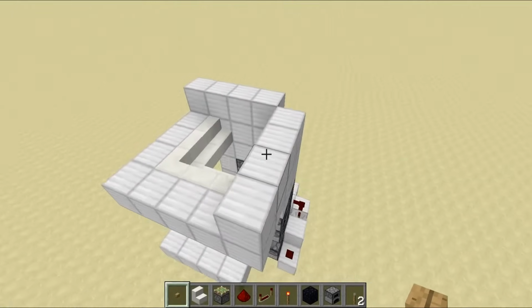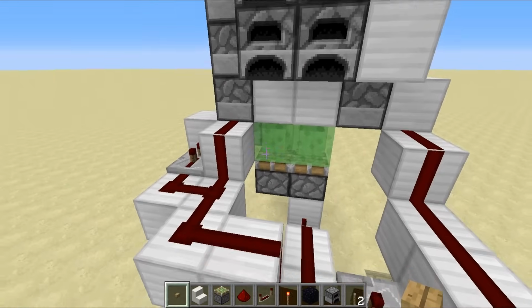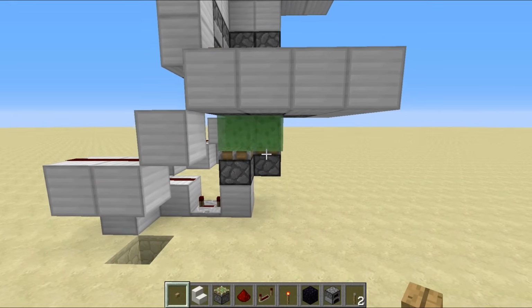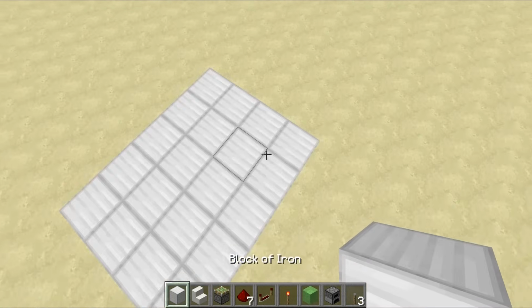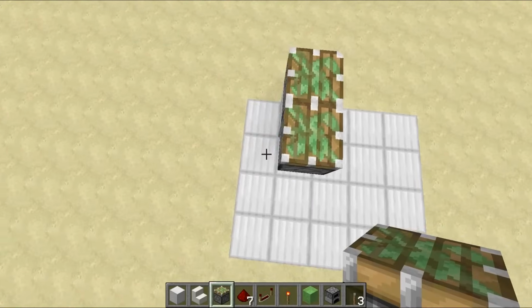Now, believe it or not, the redstone for this thing is actually relatively simple, and that's due to the fact that this thing uses slime blocks to operate, which are notoriously easy for large piston extenders. To build this one, you want to get things started with a 4x5 area, and the first thing we're going to do is place a block down at the bottom here, and then 3 sticky pistons in this sort of